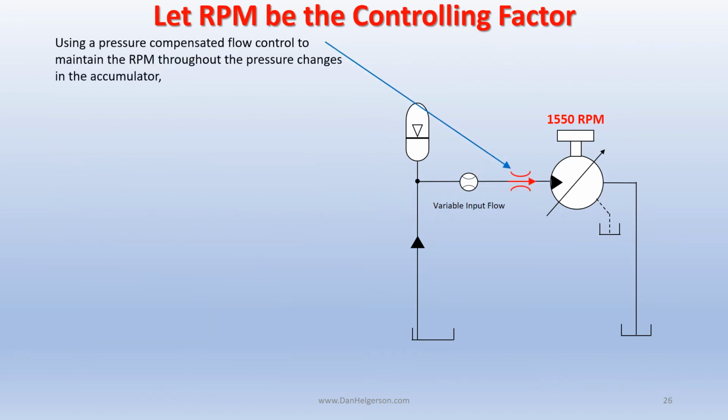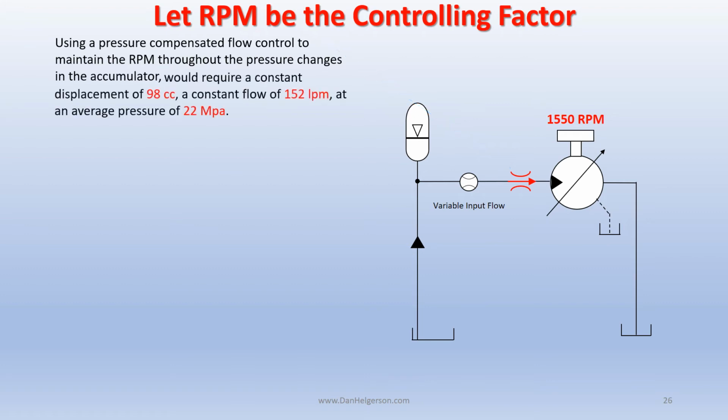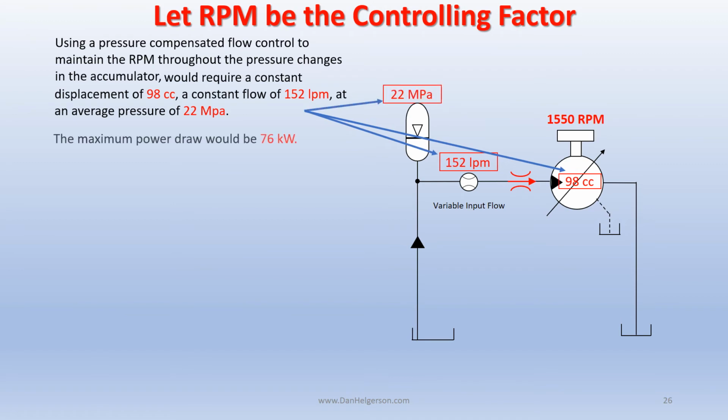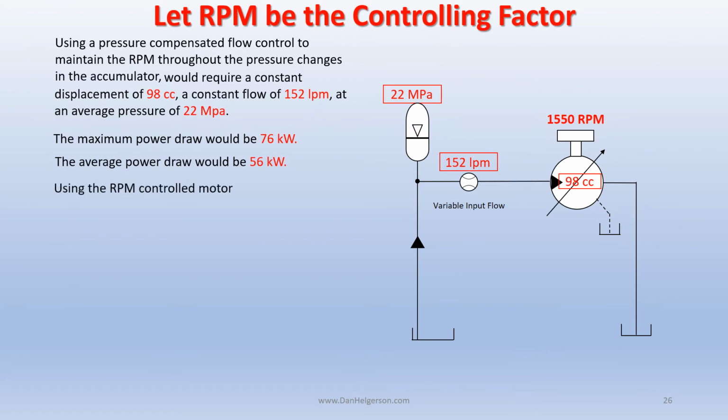Using a pressure compensated flow control to maintain the RPM throughout the pressure changes in the accumulator would require a constant displacement of 98 cc's, a constant flow of 152 liters per minute at an average pressure of 22 megapascals. The maximum power draw would be 76 kilowatts. The average power draw would be 56 kilowatts. Using the RPM-controlled motor